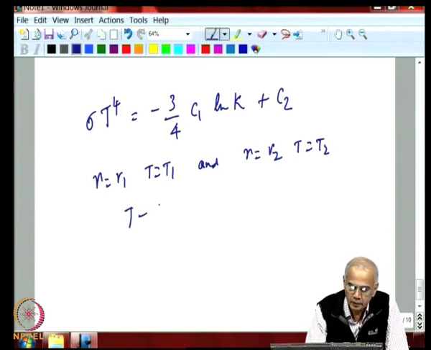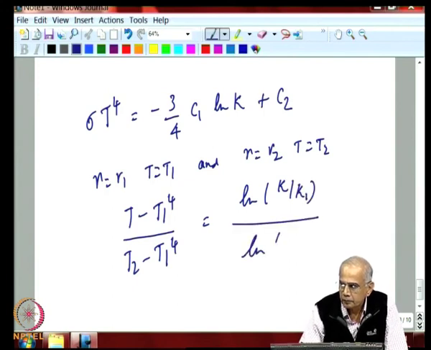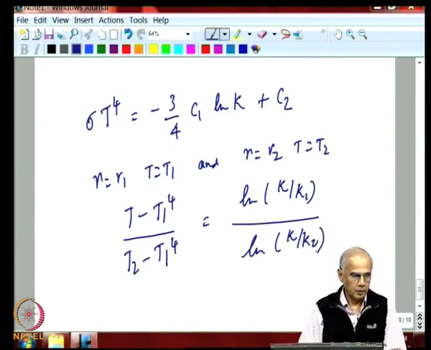You will get a temperature distribution which is log of